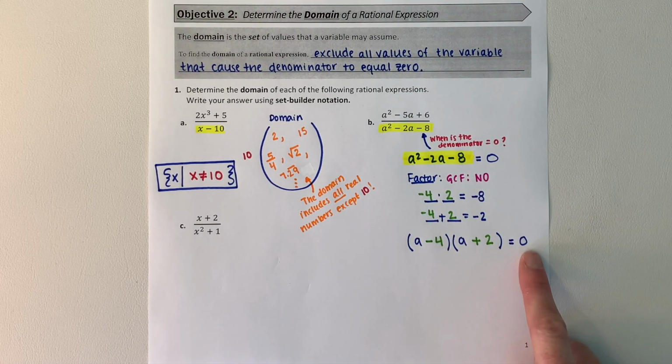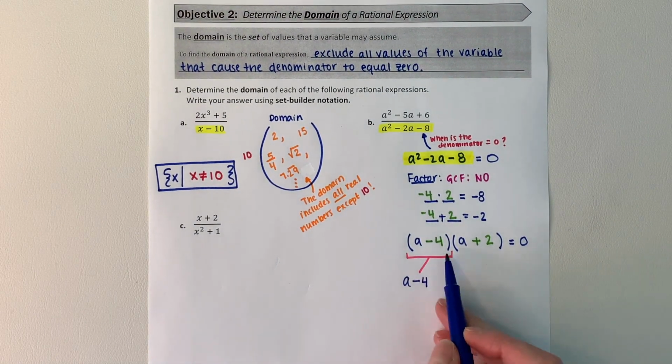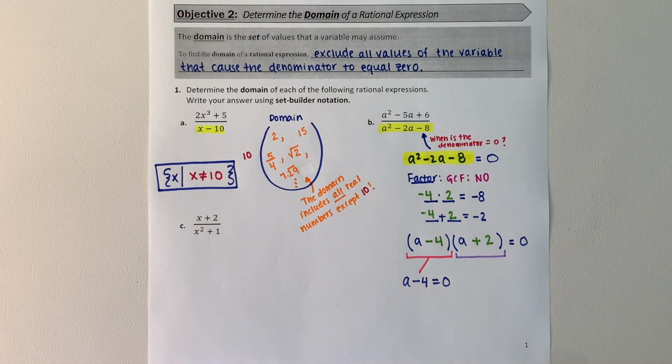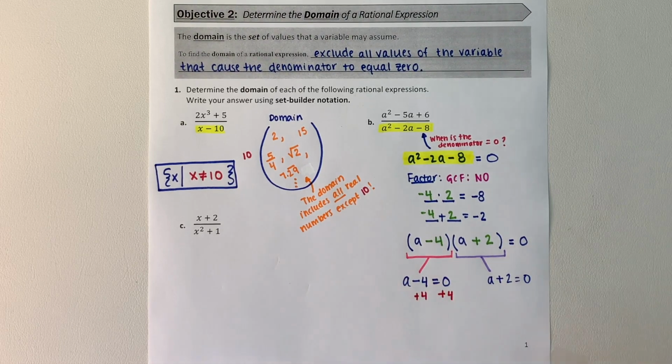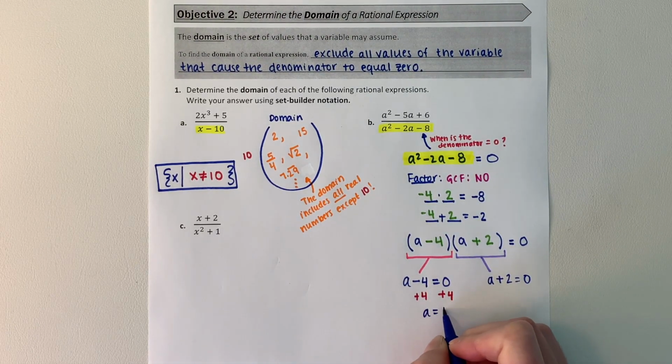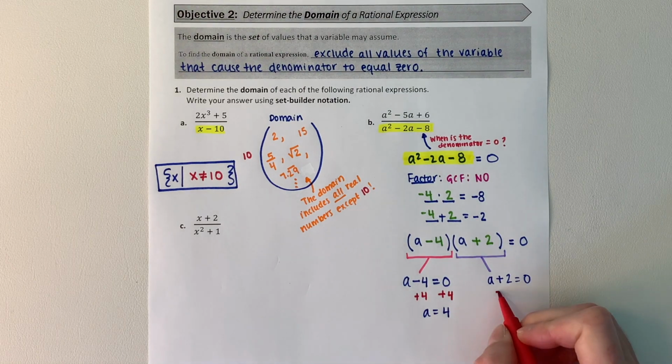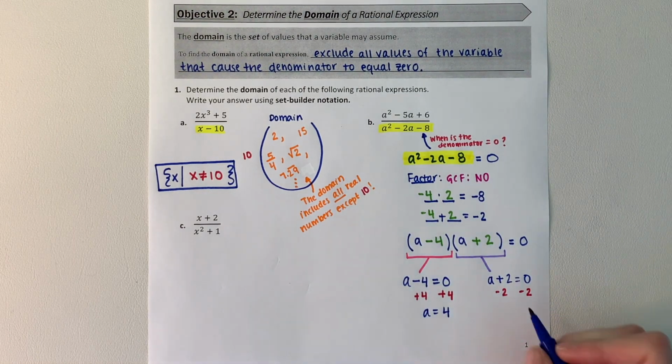Once you've factored an equation, if you want to solve that equation, the next step is to set each factor equal to 0. So let's start by setting this factor equal to 0. So we'll set a minus 4 equal to 0, and then we'll set this factor equal to 0. So we set a plus 2 equal to 0. Now we just need to solve these two equations. To solve this equation, we can add 4 to both sides, and that will leave us with a is equal to 4. To solve this equation, we'll subtract 2 from both sides, and that will leave us with a is